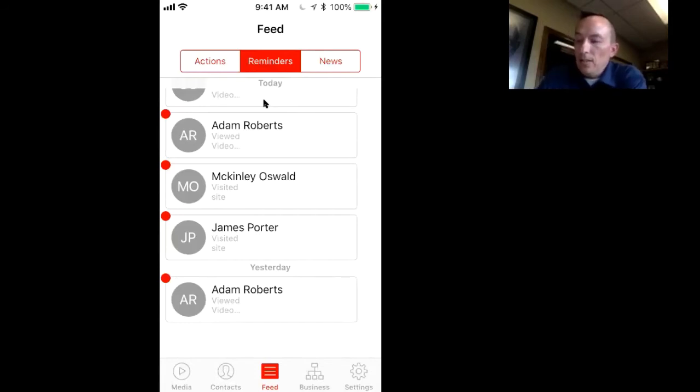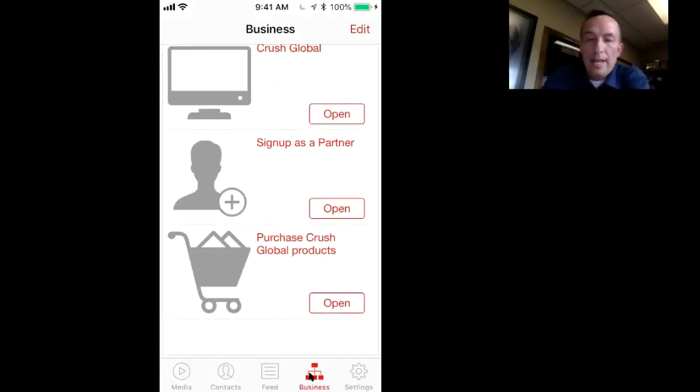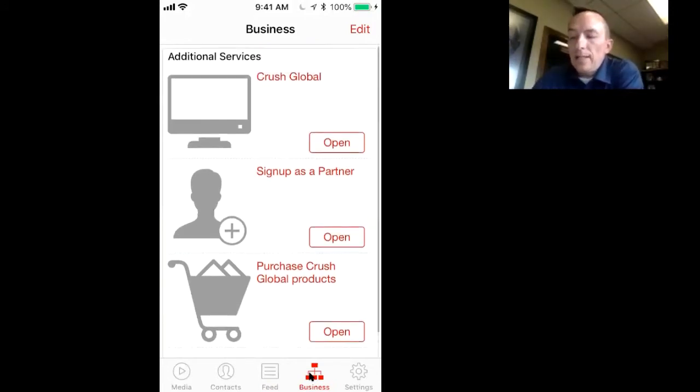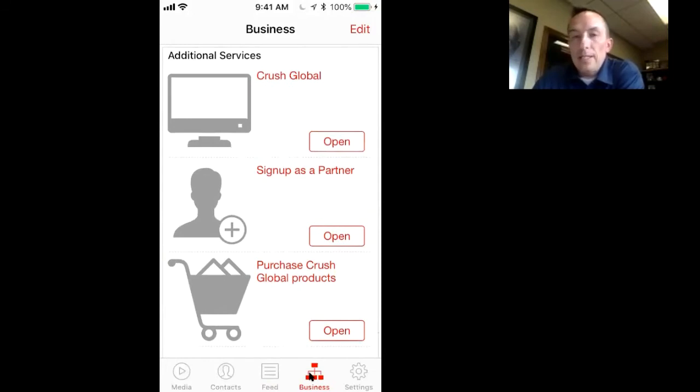All right, let's look at, we'll go here next to the business tab here. This is a helpful tab within the app. Right now, we've got a few different links. I believe this is a link to the back office. So it would take you there, you log in, you can go in and view just like you would if